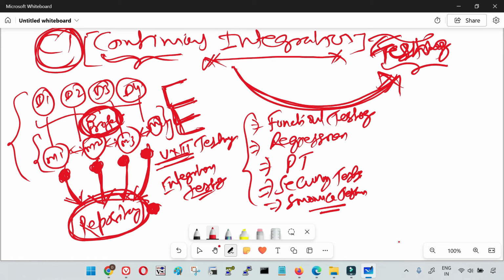And your code has to pass each and every testing, and then it goes for your deployment, or to create the final build code file once all the testing is completed, so that your code can be deployed in your production environment along with some other pre-prod and whatever environments you have in your organization, right? So in continuous integration, which is referred to as CI, we basically do the automation of